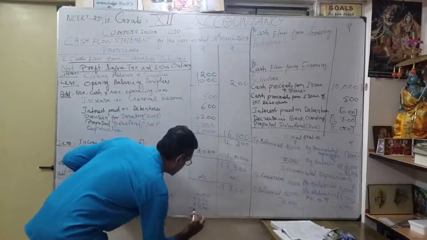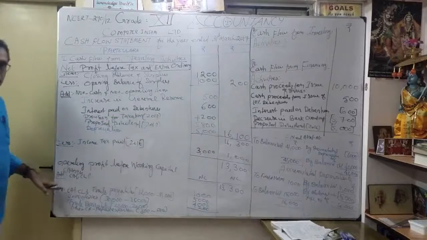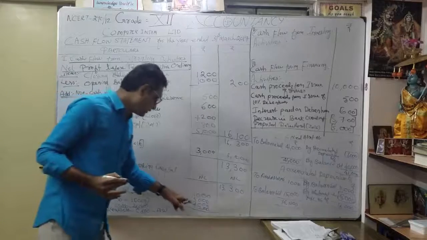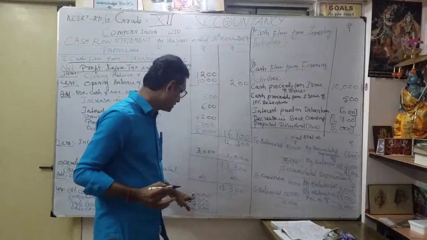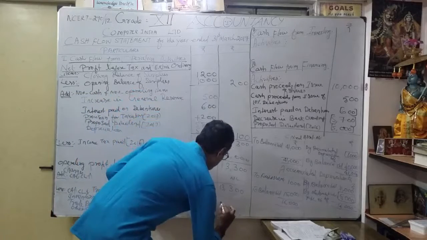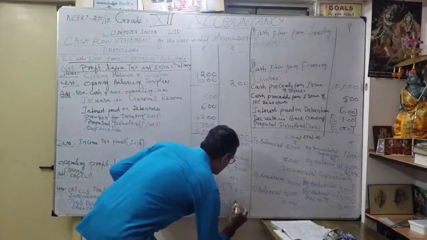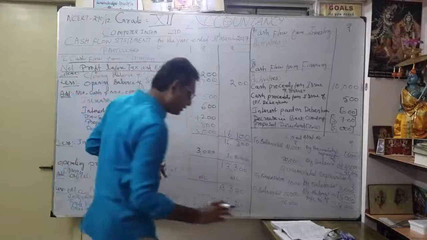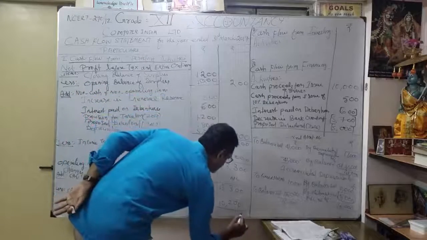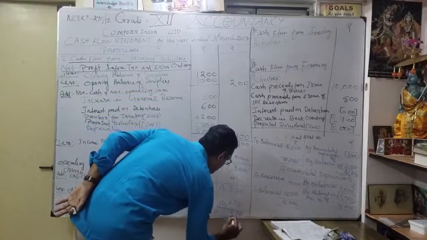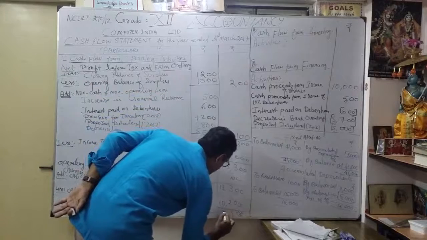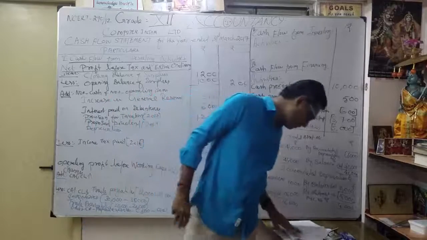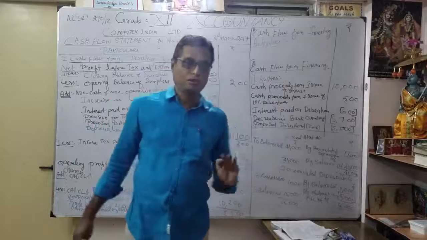Now I want to total all this for our less item. Correct? Our current assets increased, current liabilities decreased. So what's the total here? So 5 plus 4,000, 6,000, 10,200. So I'm going to get 10,200. So what is our cash flow from operating activity? Nothing but 13,300 minus 10,200, that is 3,100. So the first, operating activities in our book, they have given how much? 2,100. That is wrong. That we discussed now.